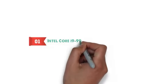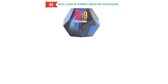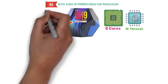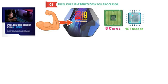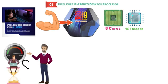At number 1, we have the Intel Core i9-9900KS desktop processor. This is a processor that contains 8 cores and 16 threads, making it a really powerful processor right out of the gate. This includes up to 5.0 GHz of all-core turbo unlocked. If high speed and high performance are what you need, this might be the one feature that you'll be excited